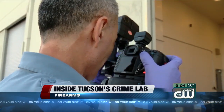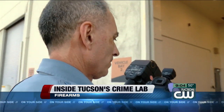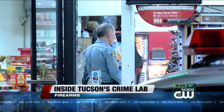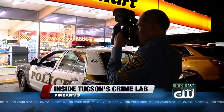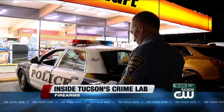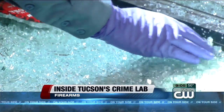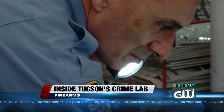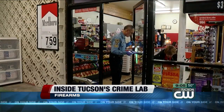Potentially we can search for and collect latent print evidence and also DNA evidence. It can be touch DNA or it can be other types of DNA evidence. Surveillance video and other evidence is turned into a secured lockup where it's logged, tagged, numbered, and stored. Right now, police have over 700,000 pieces of evidence in storage. It gets stored in evidence until a detective or county attorney, prosecutor, requests that this evidence be analyzed by a